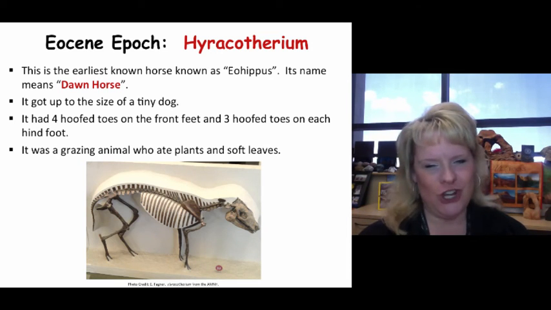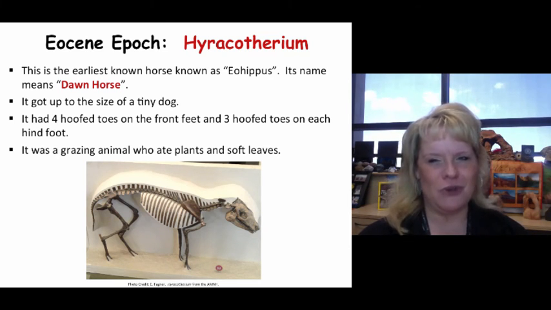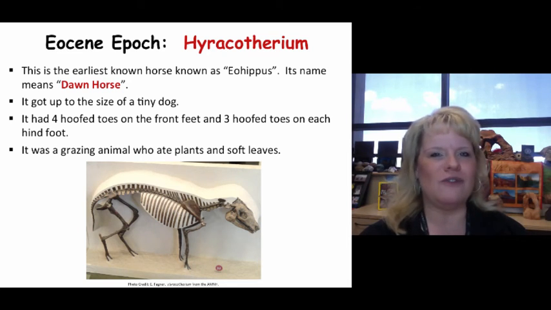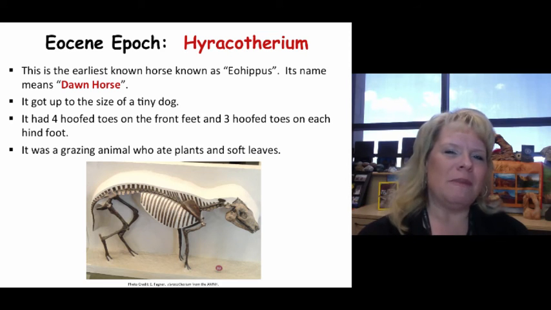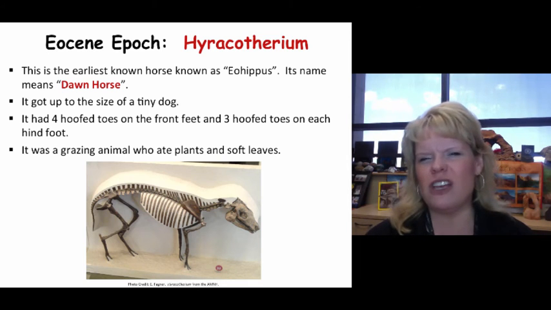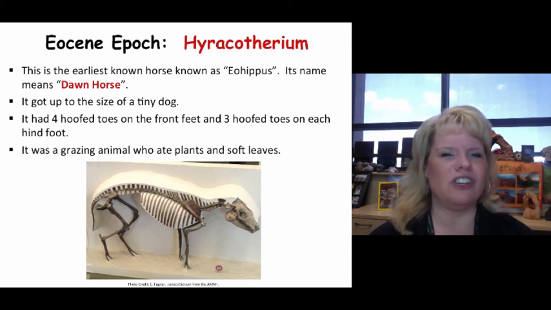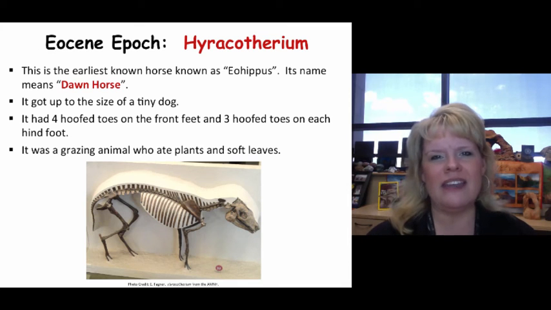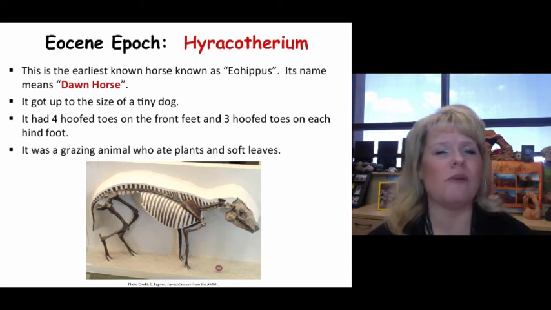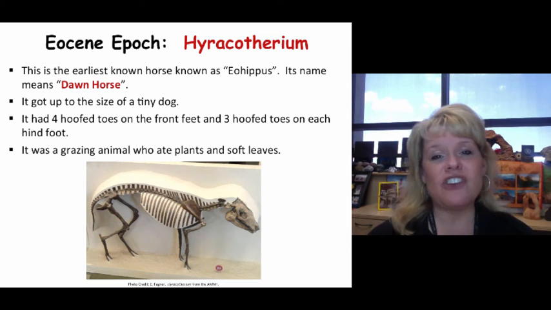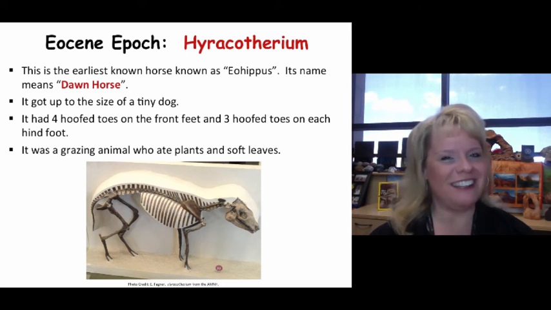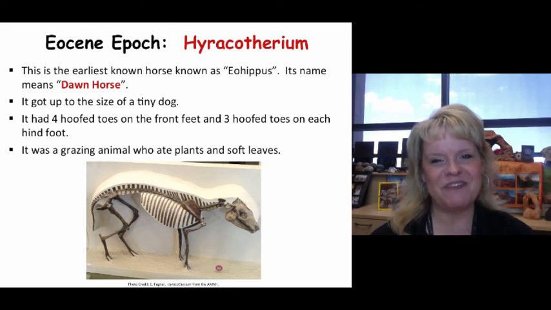They had 4 hooked toes on their front feet and 3 hooked toes on their back feet. They had little pads on their feet, so they would run around in the forest looking for leaves and plants that they would eat. And they're the very beginning of the horse family. So literally in each epoch, we have a new graduation in terms of horses where they change their morphology. They grow in stature, their teeth change. That's a real important part of the horse story. Their skulls change, and even the size of their brains change. But this was the very first one, made its debut in the Eocene.